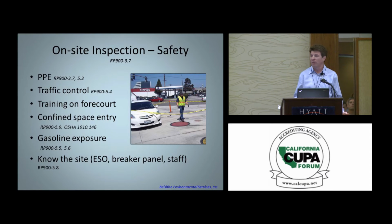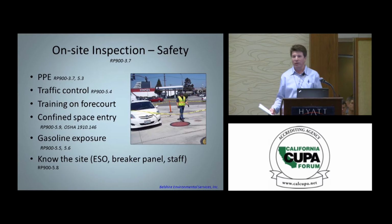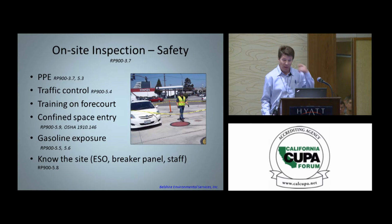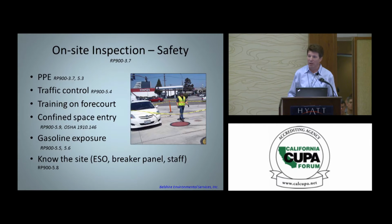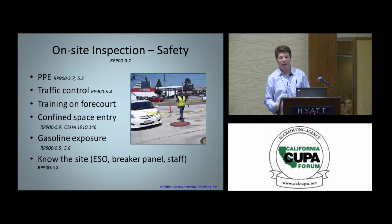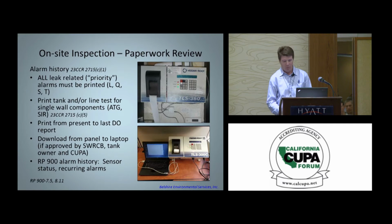You should be talking to the people, make sure they know what you're doing, make sure that if there's somebody else working out there, that's all coordinated together. And that's also in the 900 document, they talk about discussing with the staff. And that, I think, gets left a lot. And it's something that while you wouldn't use at every site, boy, when you need it, you better be ready, right? Okay, so